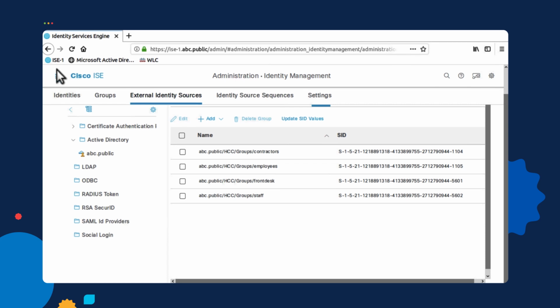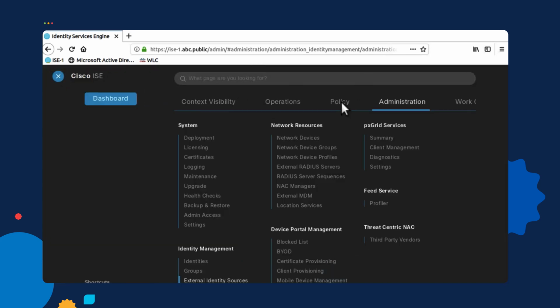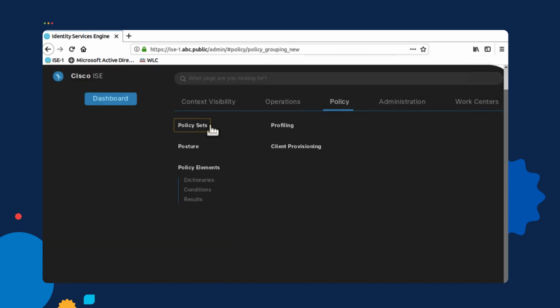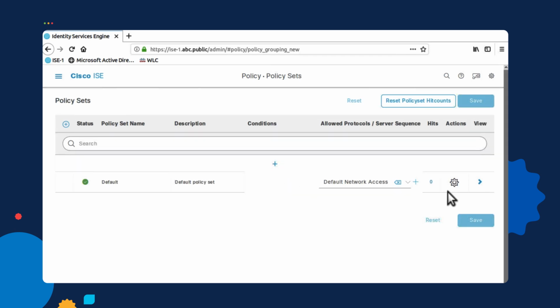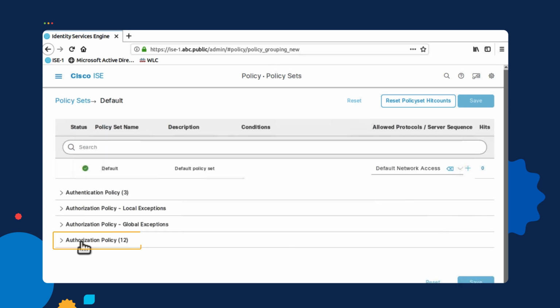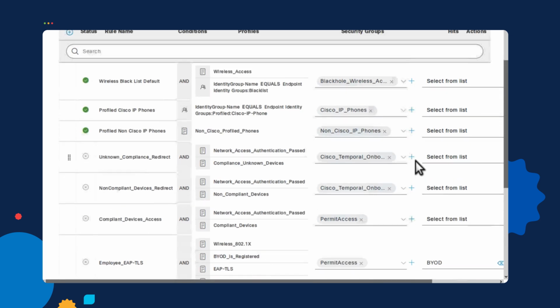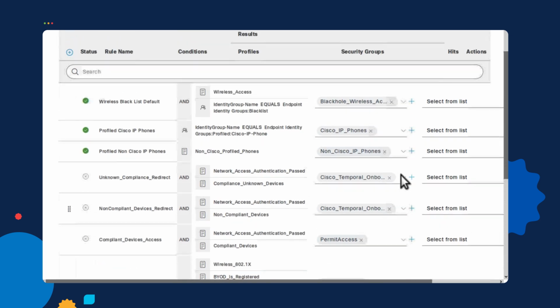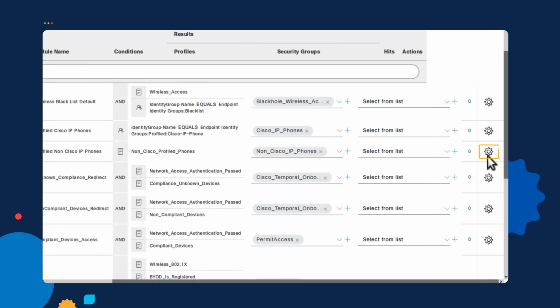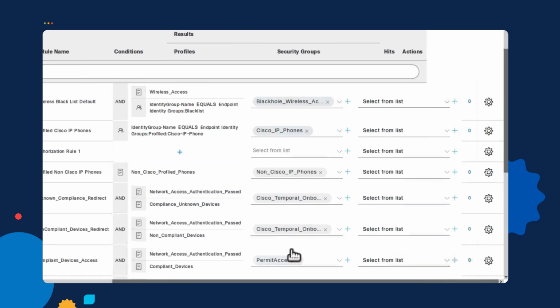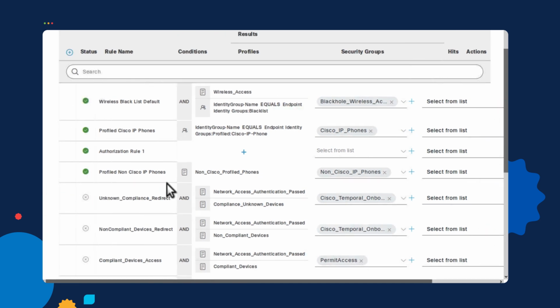So now if we go into the policy configuration and select policy set, and we go into one of the policy sets that we have right here, which in this case is the default, we can go into the authorization policy and we can add a new rule using the Active Directory domain integrations. So if we go into one of these rules and add a new rule, and let's just say that we call this one AD users, and we go into the Condition Studio,